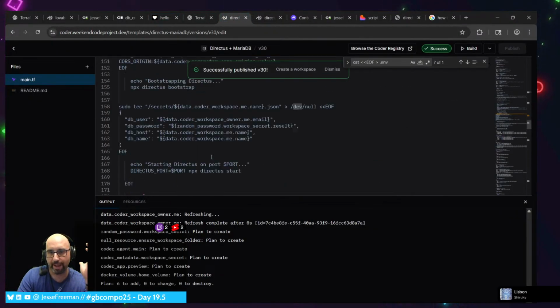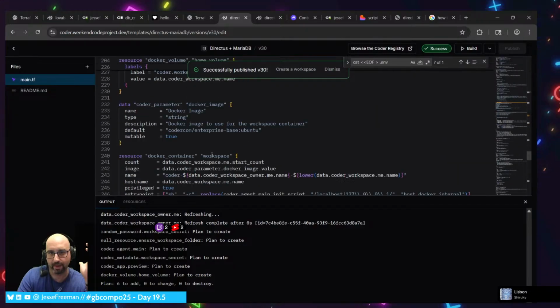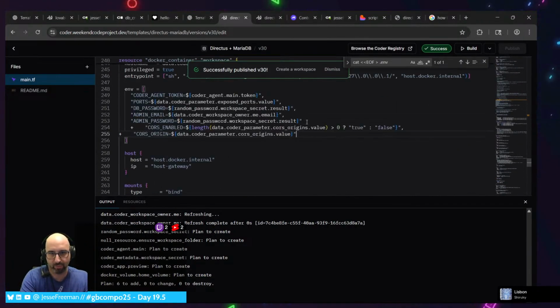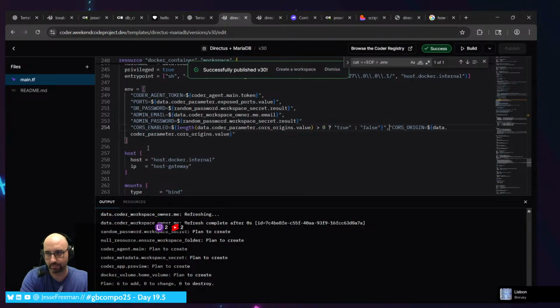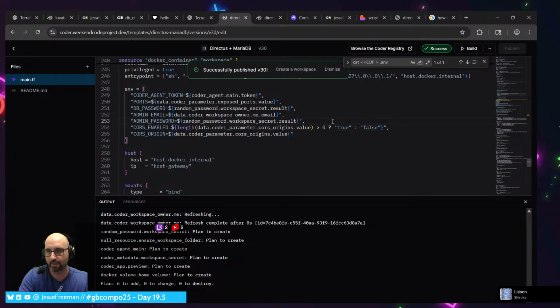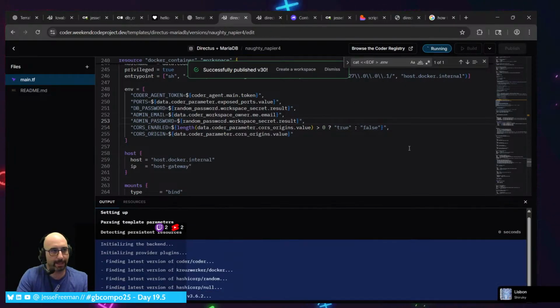It's saying that I need to pass this into the Docker container. Build.